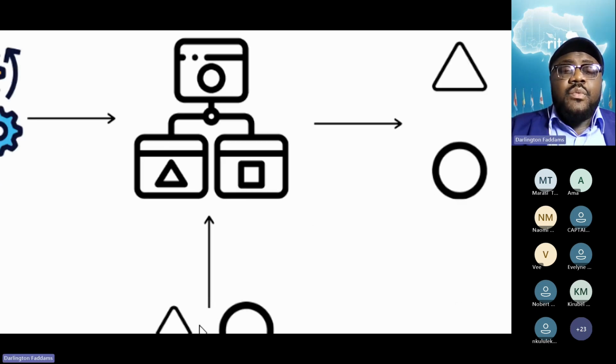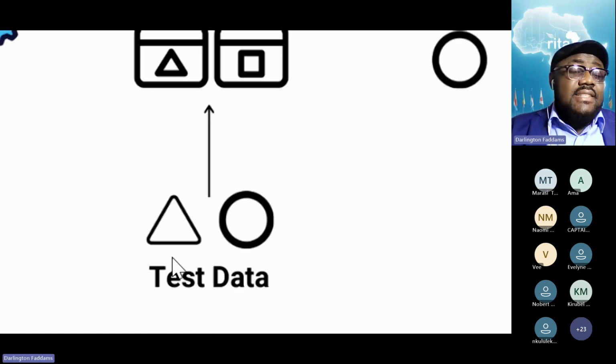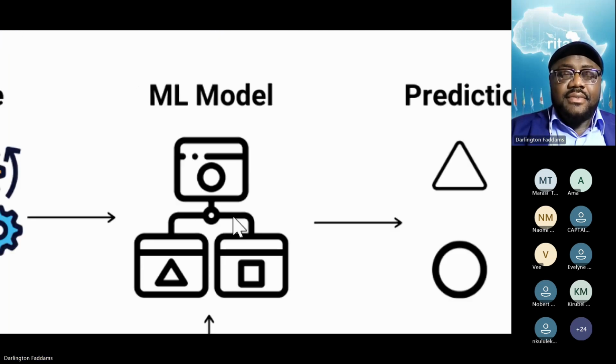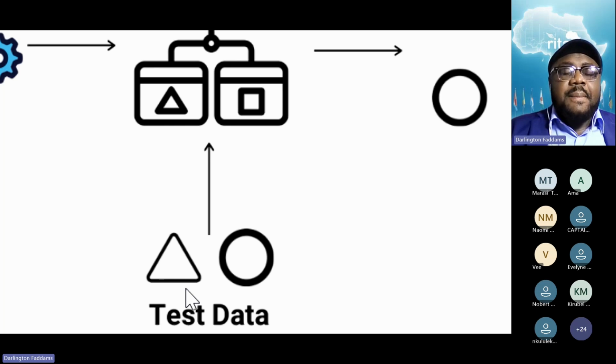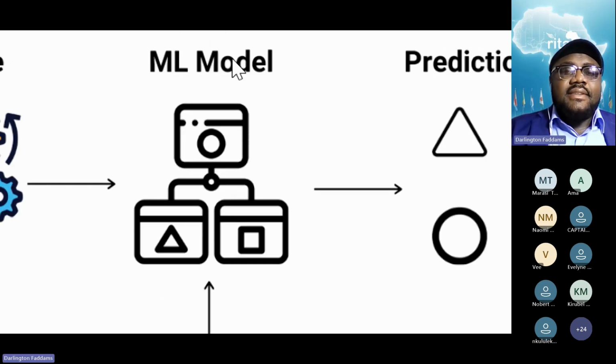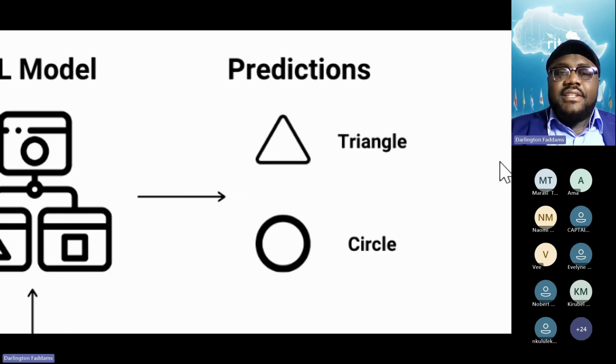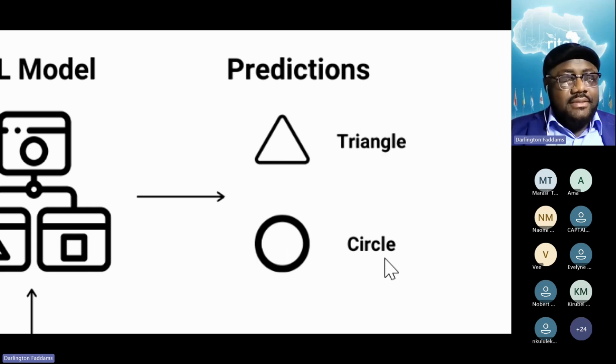After we get a model, what we'll do is test it. You can see that during testing, we didn't put the answer there. We asked the model, what is this shape? Because the model has been trained, after the training, this model is an intelligent system. It has knowledge. So when you send this data, it will look at it and make a prediction. It said that this shape is called a triangle and this shape is called a circle. It got it right because it has been trained with the correct answer.